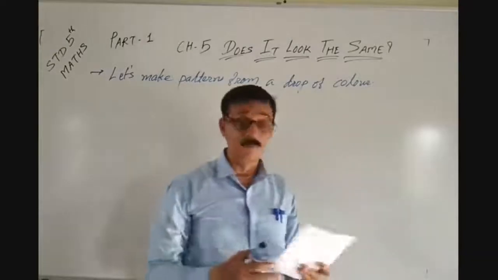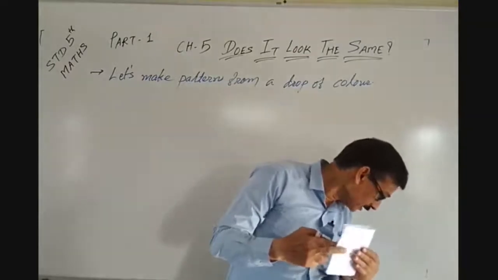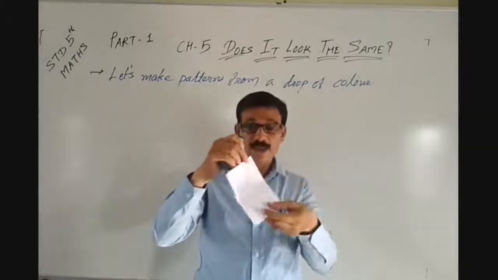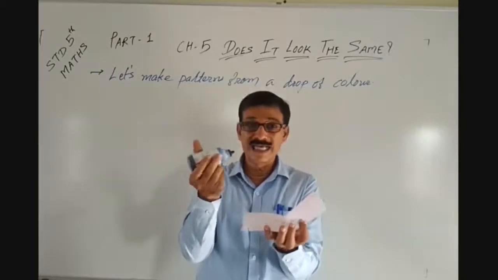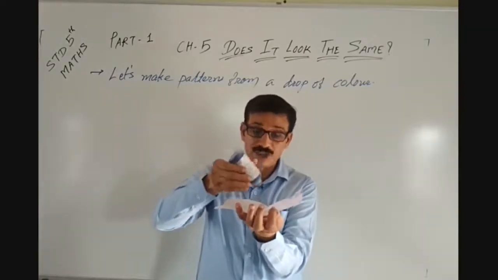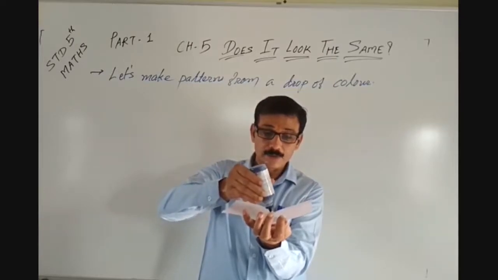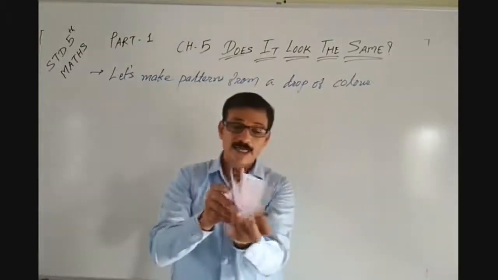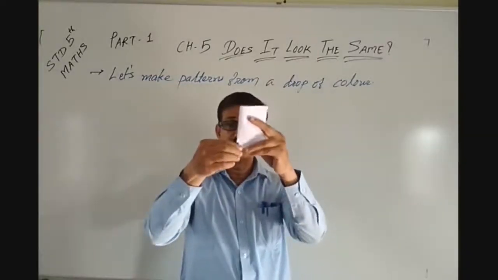First of all, take a piece of paper. Now fold it in half. Then put a drop of color, or we can say ink, onto this sheet. But it should be in the middle of the sheet, in that middle line. So let me put a drop. Now fold it, and once again fold it into another half, and then press it.